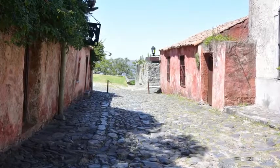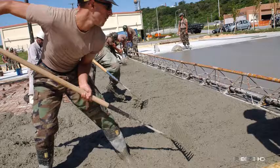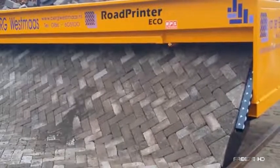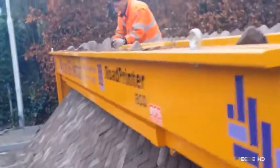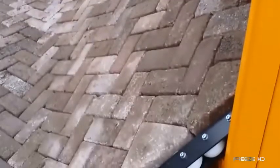Although humans have been making roads out of bricks for thousands of years, the process is still backbreaking, expensive, and time-consuming. Well, not anymore. Get ready for the Road Printer from RP Systems. This completely insane machine actually prints out a perfectly made brick road right before your eyes. Workers simply load the bricks into the road printer in whatever pattern is called for, and out comes a complete,